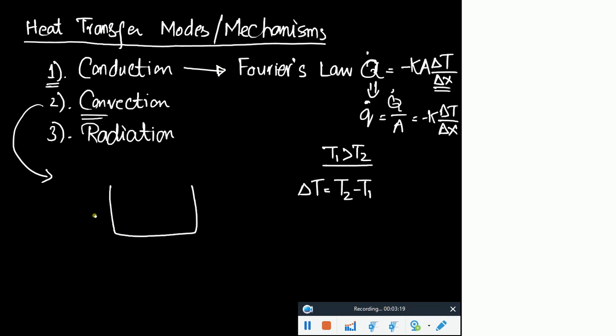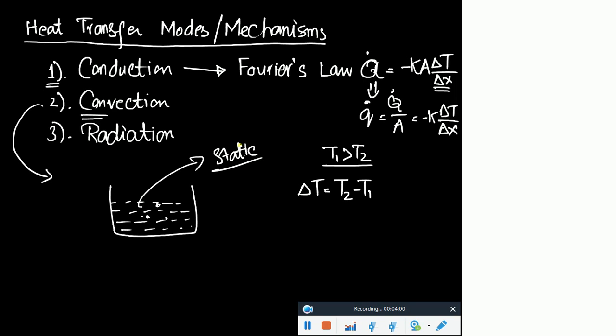I asked you a question in the last class. If you have some tea or water inside this tub or in this cup, the heat transfer from one molecule, one particle, to the other particle, would that be conduction or convection? That is conduction. I explained that as a last note of my last class: why is it conduction? Because the fluid is static.